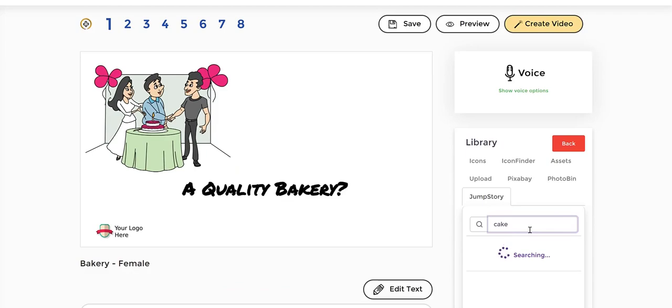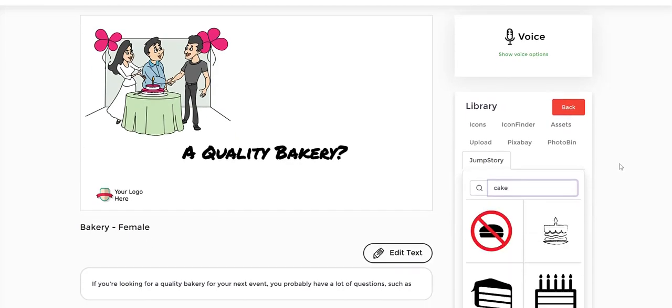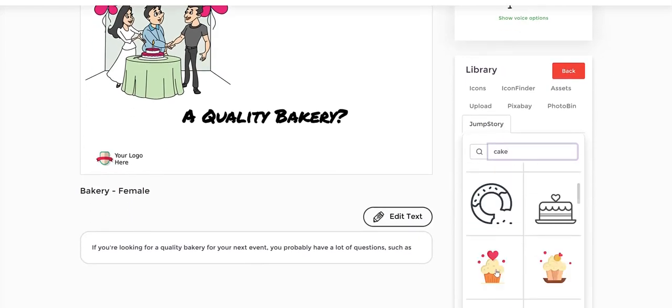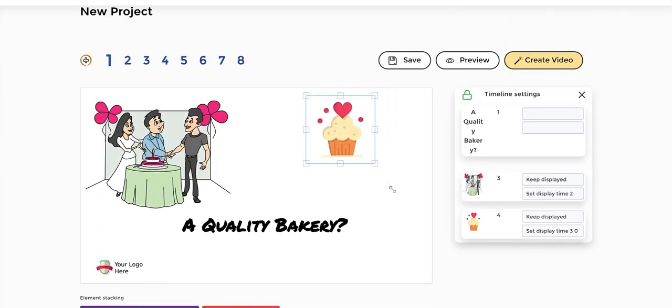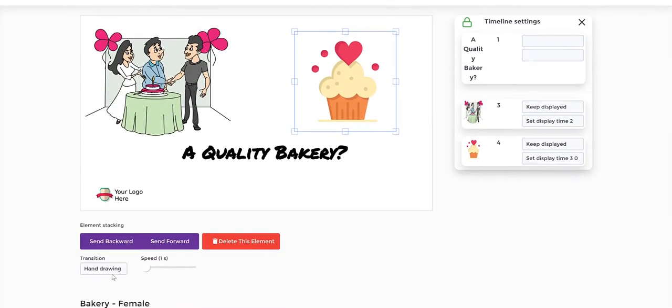Okay, I can come in here and we can get all these assets for a cake, as you can see here. So which one do we like here? Well, we could do this one and we could add this color doodle here and then have the transition as handwriting, and then you can change the speed elements here. You see that I can make it draw slowly, faster and so on and so forth. I can do that as well, and then once I've set it to a speed that I like,